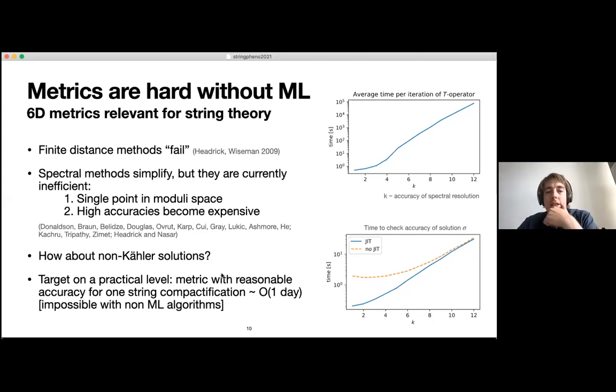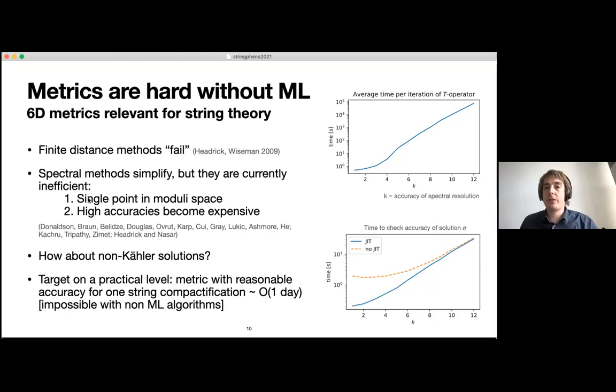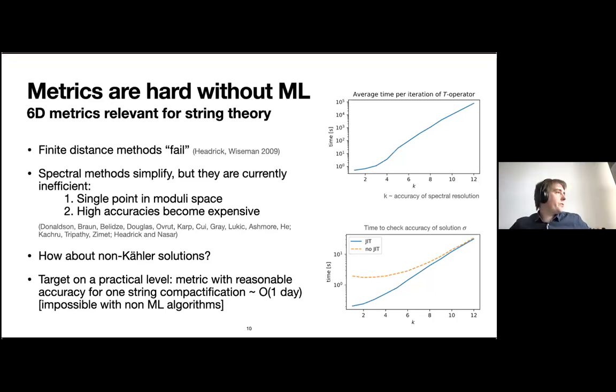Now, the other question that you can ask is, okay, numerics are interesting, but maybe I'm not interested in just Calabi-Yau metrics. I would be interested in studying other types of metrics. And this is really a very valuable corner of the string landscape. And we potentially need methods here to address this numerically. And these spectral methods are not designed for this. So there are no methods to do this. And really, on a practical level, if I'm interested in modular dependence of the metrics, this is not something which is readily available with these methods.